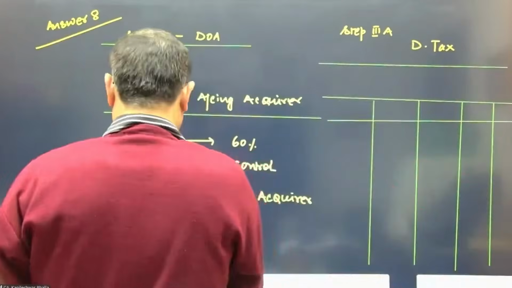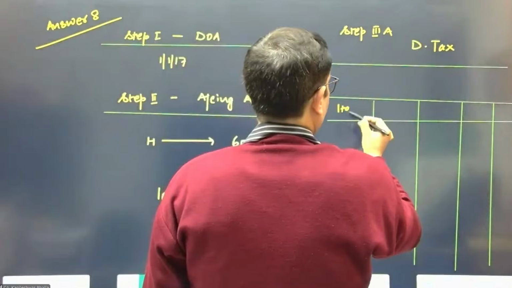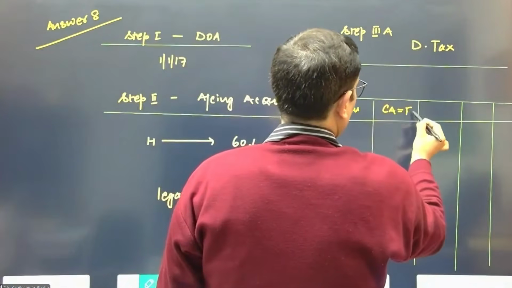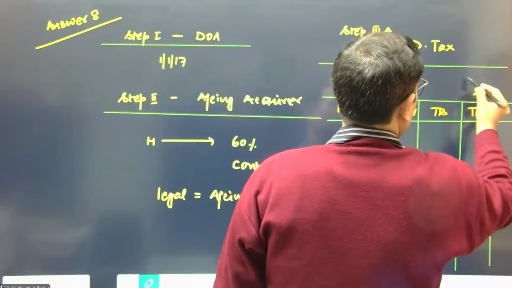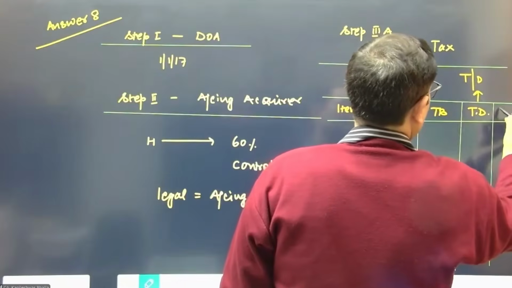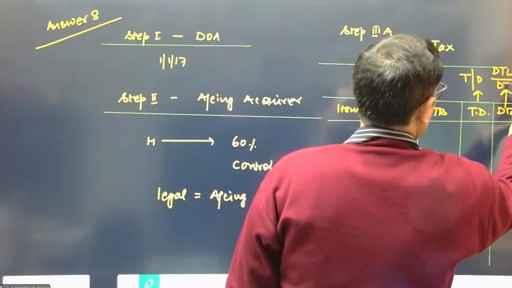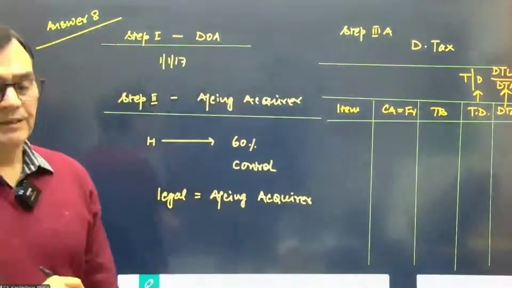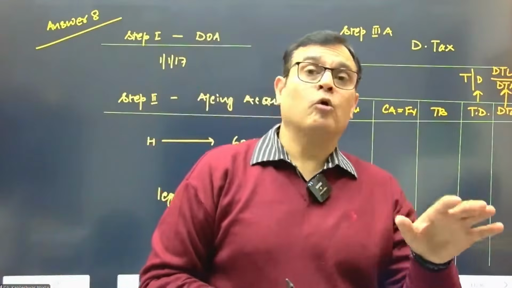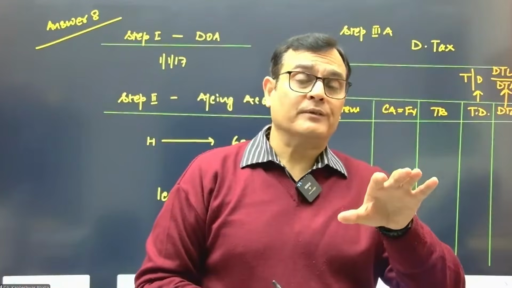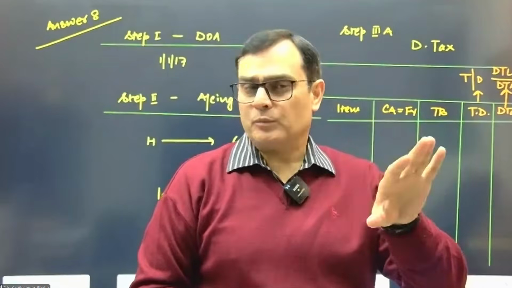Let's put that. So in this particular case, we'll take the item. We'll consider the carrying amount, which is equal to the fair value, then the tax base, getting the temporary differences, either taxable or deductible, getting a deferred tax, either a DTL or a DTA, as the case may be. So taxes, I think, at the rate of 30%. Now we need to go back to the question and scrutinize all those assets and liabilities whose book value or fair value is different compared to the tax base. If there are no deferred tax implications, we'll ignore that item.